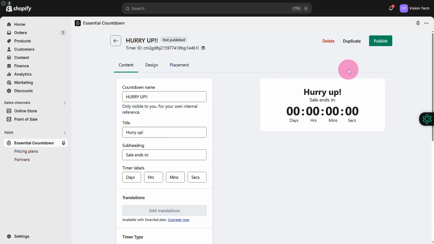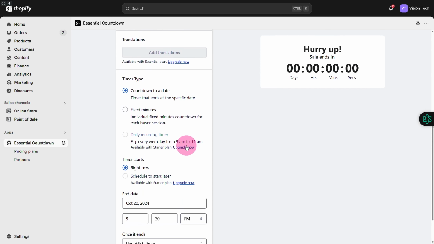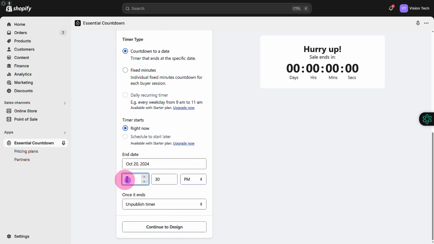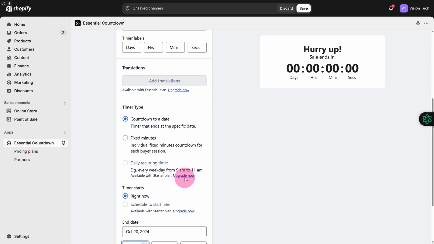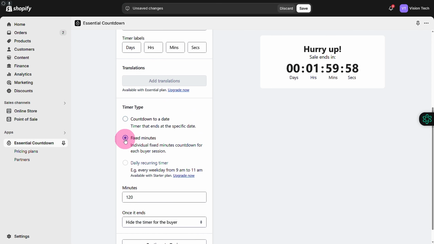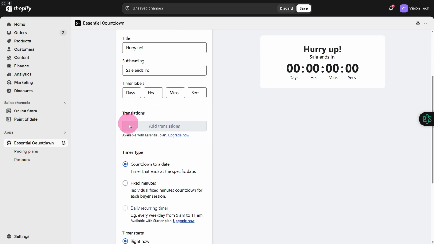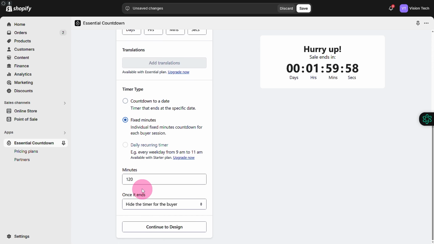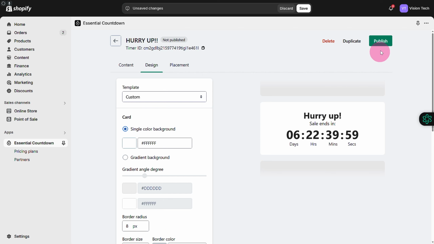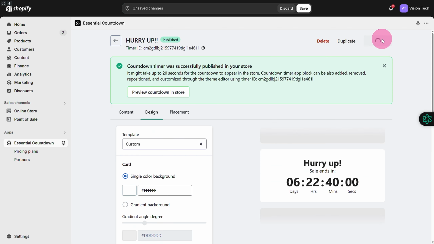So let's just publish this, and I'm going to increase the timer. Let's just say due time and stuff like that. I'm going to change the end, and you can increase basically the design. You can also choose fixed minutes or countdown to date, so you can set your date as well. Let's just say I want to set it to minutes, and let's just increase it to 1,000. So it's going to be 16 hours or even more. So 6 days. Let's just continue and publish this,